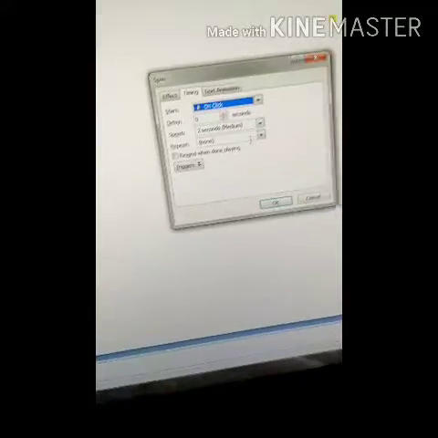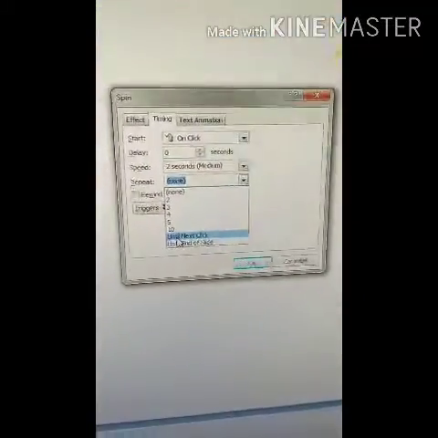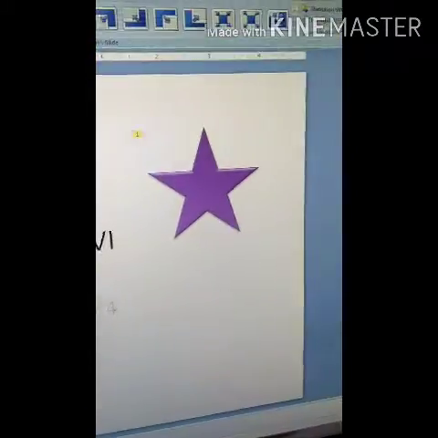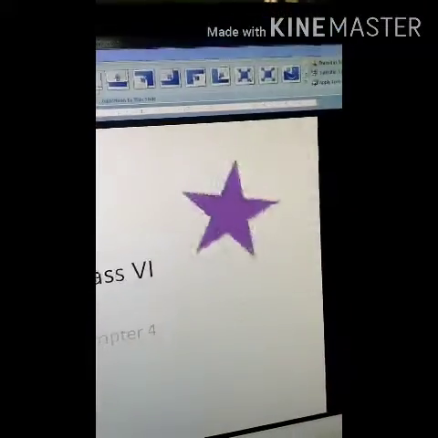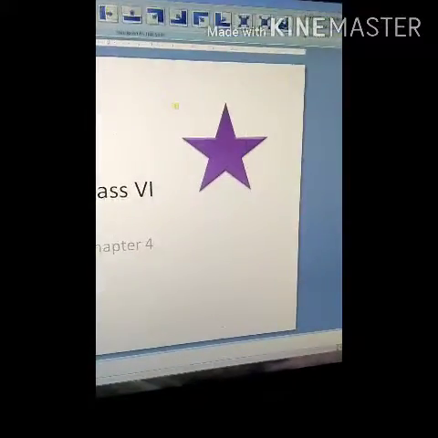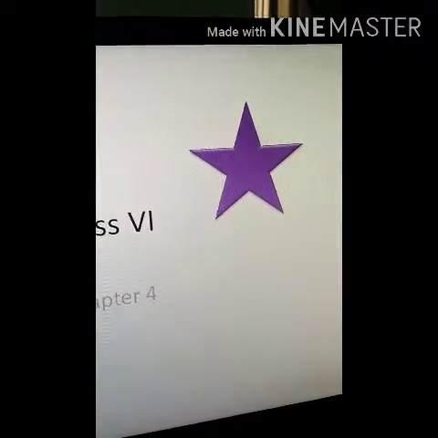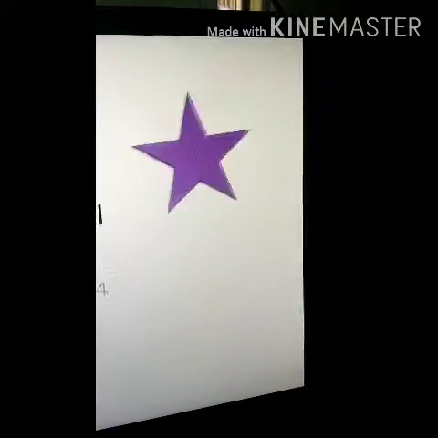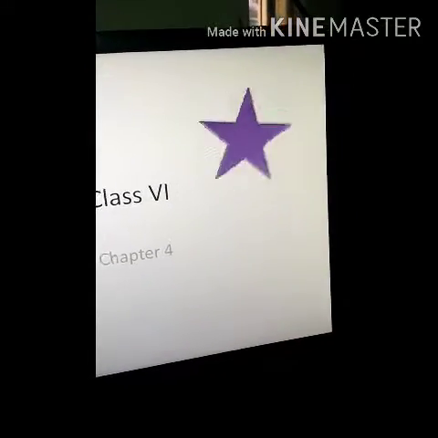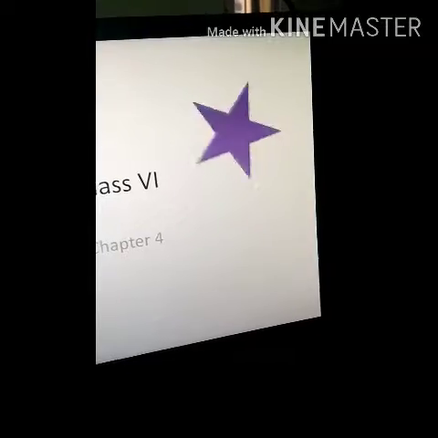We will give until next click. It will continually rotate until we stop it. Play and see. So this is our object, and we can see this by pressing F5. It will be moving continuously until we press the next button.